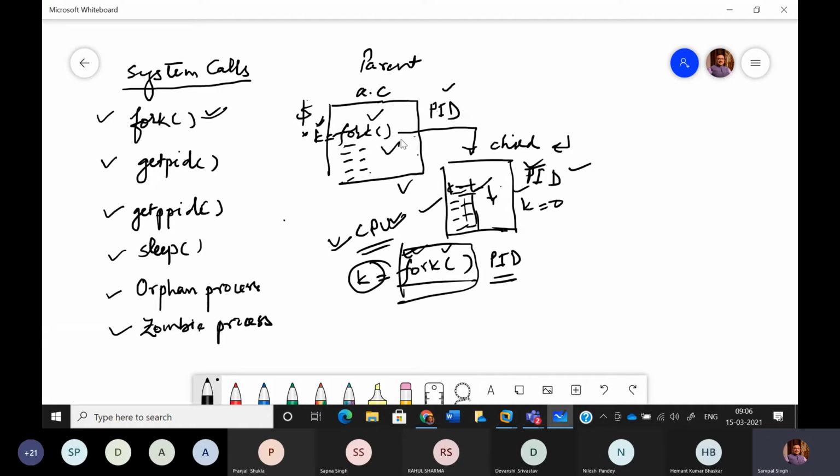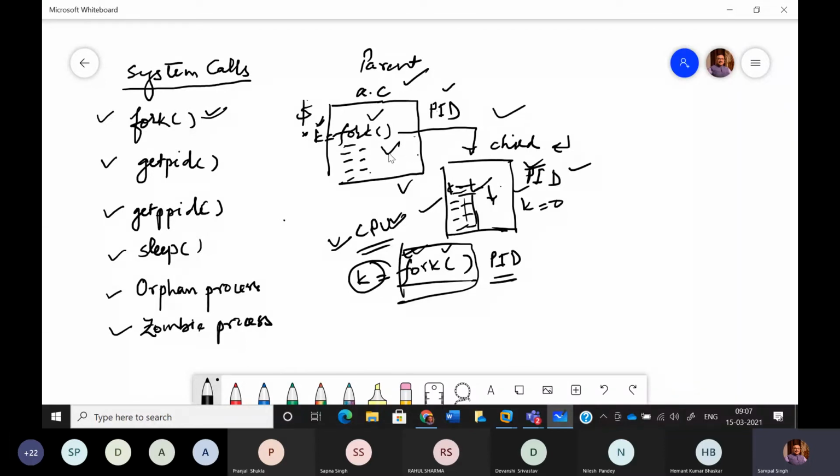So this concept is hugely exploited: k will have either a 0 value or a PID. So we can put a condition that if k is greater than 0, then this segment should be executed, else this segment should be executed. Obviously both segments are part of both programs, parent as well as child.